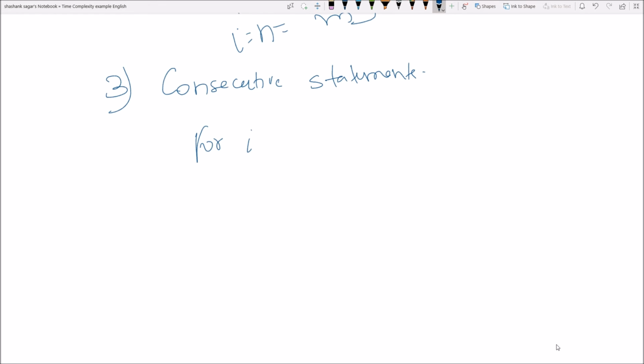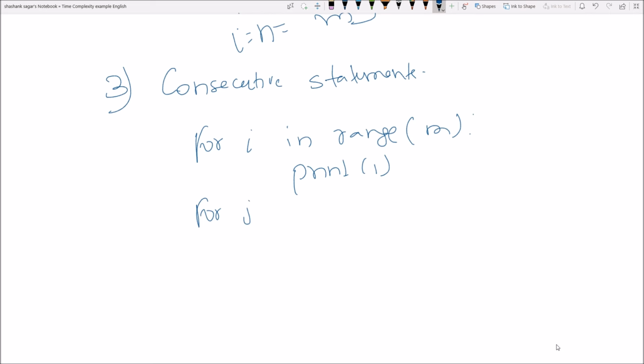Now let's see the third type of program, that is consecutive statements. See, for i in range m, print i.